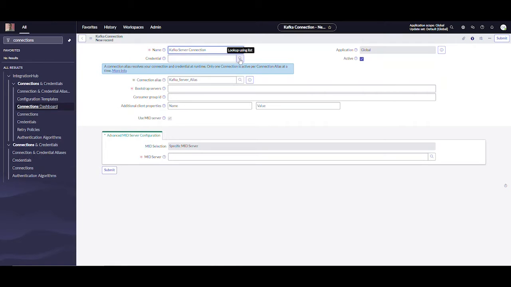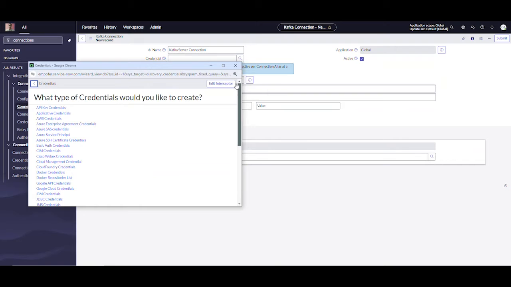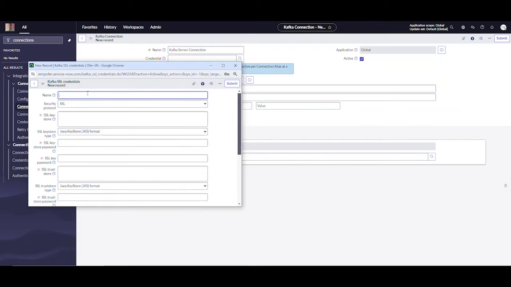And we'll create a new credential, SSL credential. We're going to select the Kafka SSL credentials, and we'll name it Kafka Server credential. Back on the server,